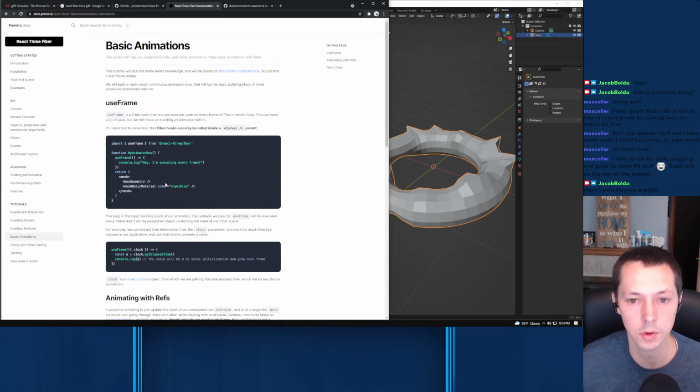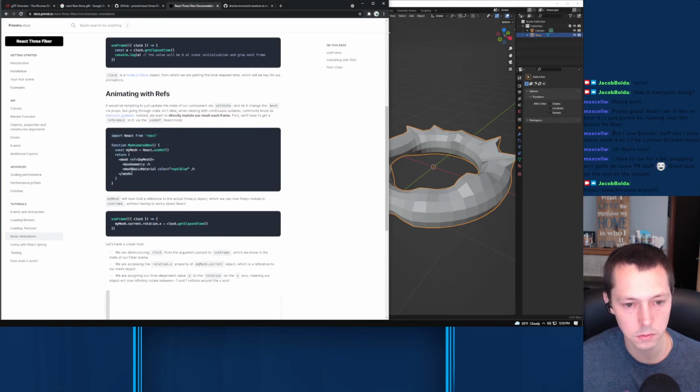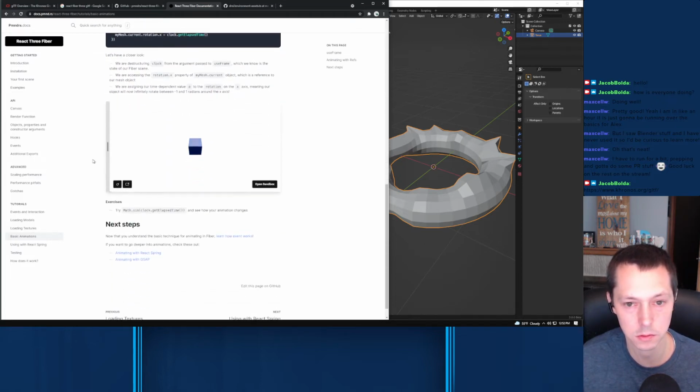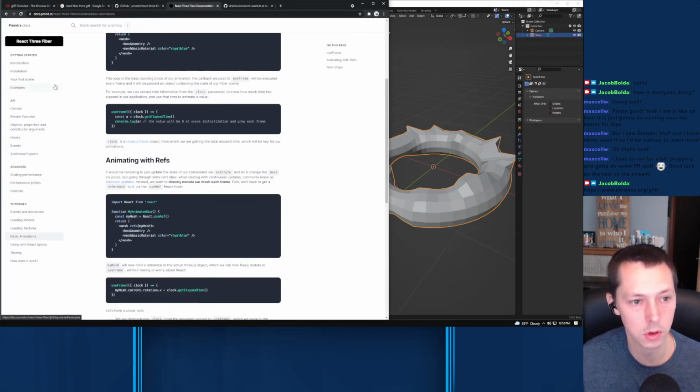Execute code on every frame of fiber's render loop. So we can make a ref. And I'm not sure how this is gonna track to, so like